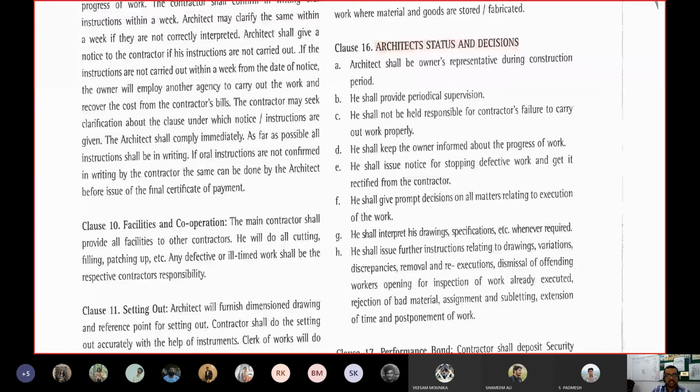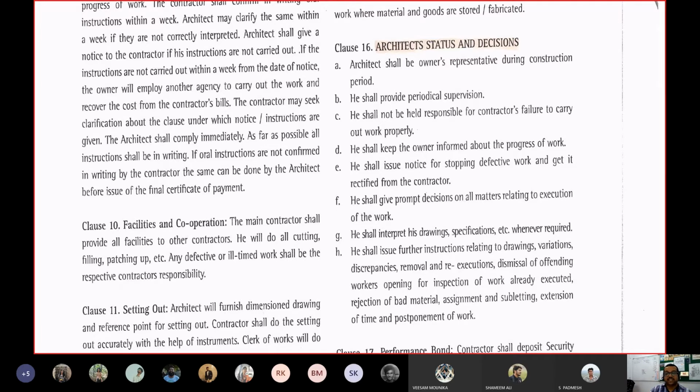If at the site he says that tomorrow there is a rain forecast, so today work the whole night and go for the concrete casting so that 8 hours, the initial setting time, is over, and then next day if it is raining, curing will happen slowly, no problem. So those are prompt decisions and they matter a lot for the execution of the work. So they have to be heard by the contractor as well as the client.